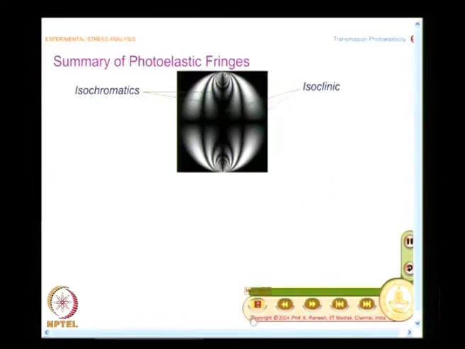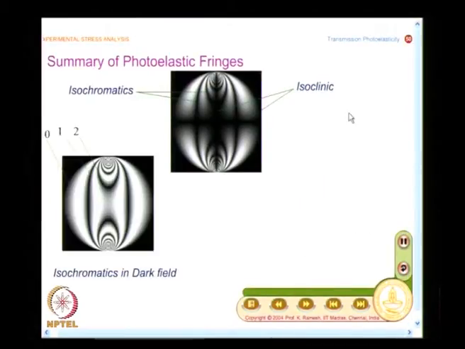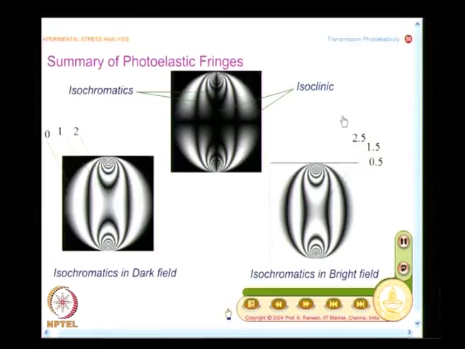To summarize, let us see what we have seen in these two optical arrangements. We have seen a plane polariscope and a circular polariscope, and we find 2 fringe contours in a plane polariscope, while we see only 1 contour in a circular polariscope. Let us see what these fringe contours are for a circular disc.